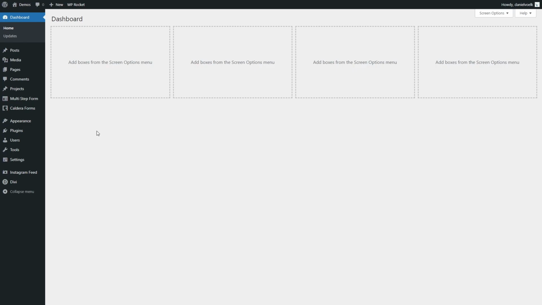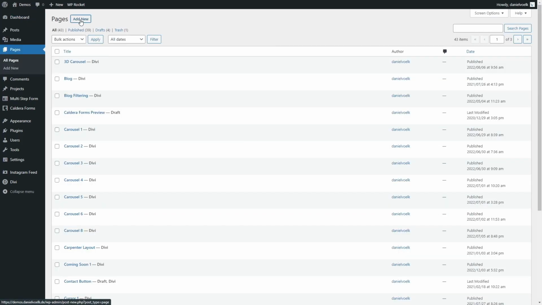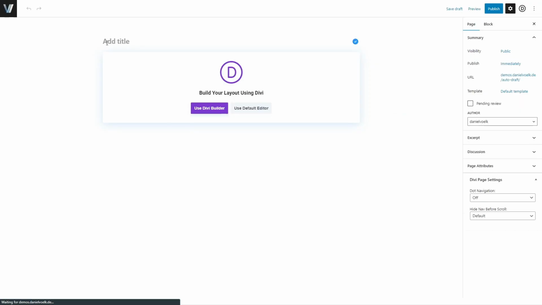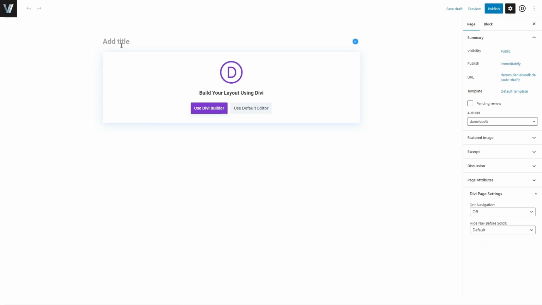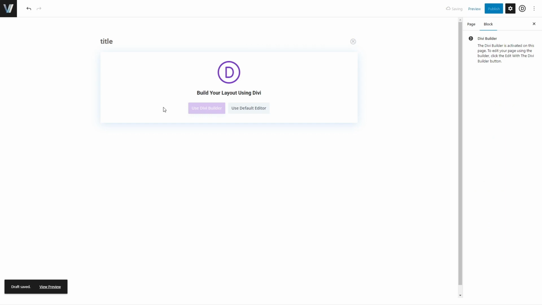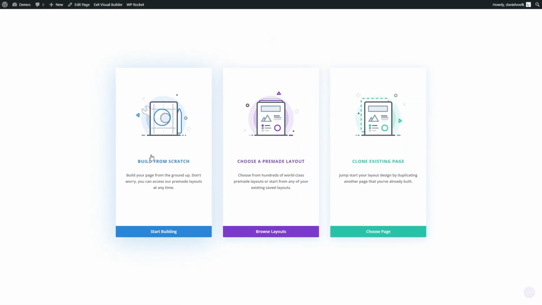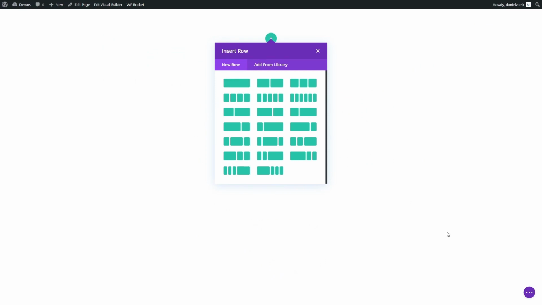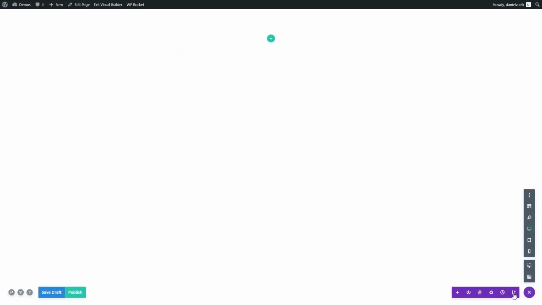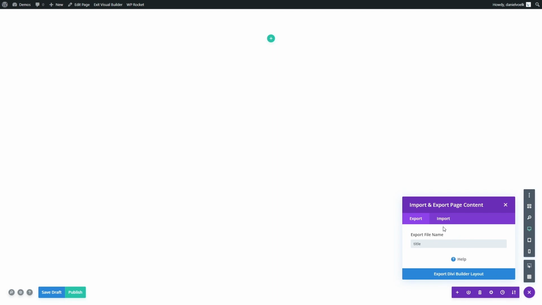If you want to import a page layout, then you have to go to Pages, create a new page, or you can also do it in an existing one. Then you name it and open the Divi Builder. Here you choose Build from Scratch, and then you click on the three dots, click on the import icon and